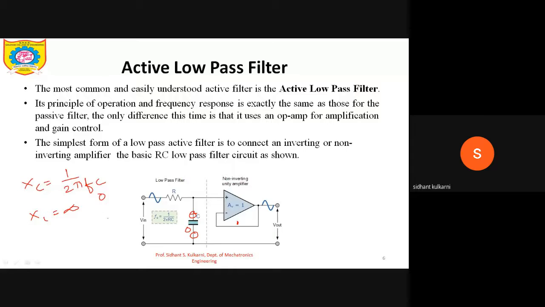Now, if the frequency is, let's say, a low frequency like 50 hertz, the capacitor will offer a certain impedance to this, and the low frequency components are passed to the positive input terminal. Now, if I assume the frequency to be infinite, what will happen? Xc will become 0, and it acts as a short circuit. Then none of the frequency components will be given to the non-inverting terminal, whereas the components are directly bypassed to the ground.